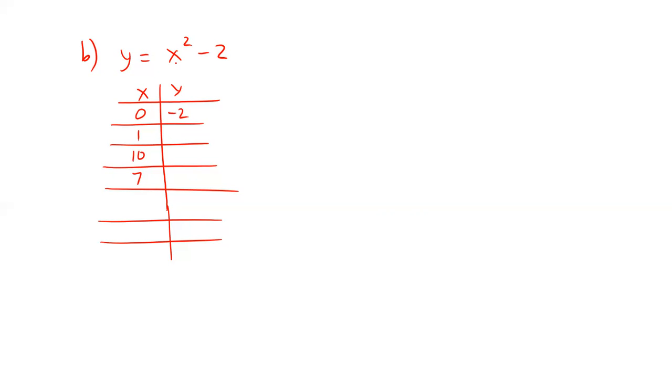Okay, if we plug in a 1 in here, 1 times 1 is 1, 1 minus 2 is... Okay, so maybe it's not so, hold on. If we plug in a 10, 10 times 10 is 100, 100 minus 2. I don't think I want to graph that. I don't think I want to make a sheet of paper that goes all the way to 98. Okay, so we're going to rule that one out. Let's see, 7 times 7 is 49. 49 minus 2 is 47. Oh boy, I'm not sure I want to take a graph sheet of paper and do that either.